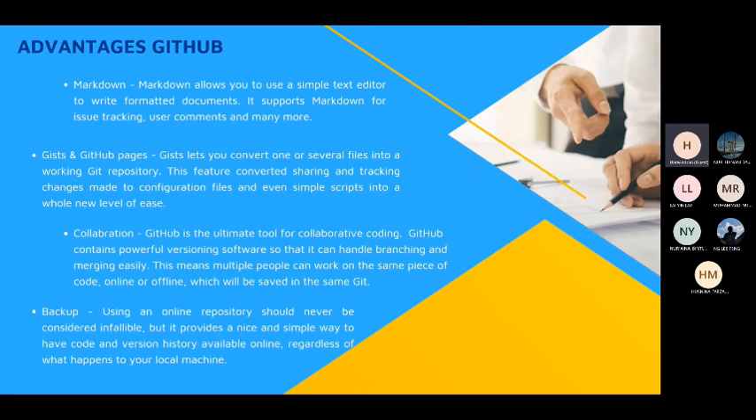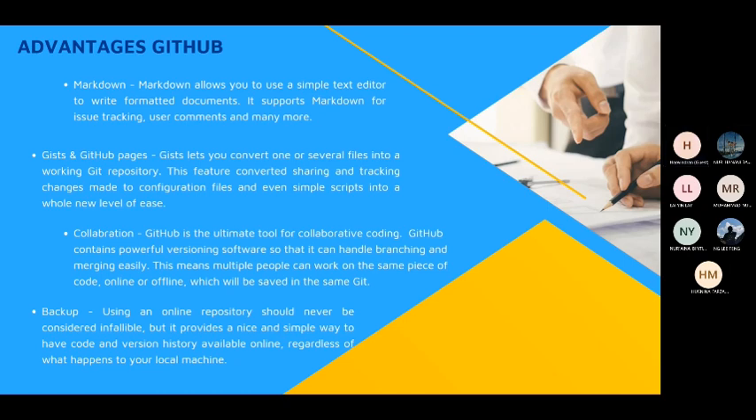Advantages of GitHub. Markdown allows you to use a simple text editor to write formatted documents. It supports Markdown for issue tracking, user comments, and many more. Git and GitHub Pages. Git lets you convert one or several files into a working Git repository. This feature takes sharing and tracking changes made to configuration files and even simple scripts to a whole new level